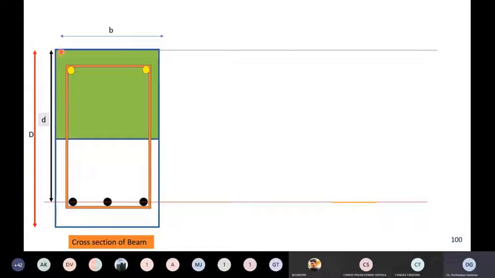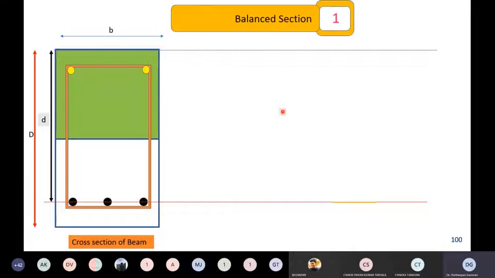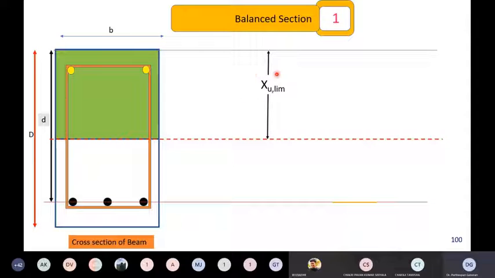So remember, this is the rectangular cross section of the beam, where this is the width of the beam, the capital D is the overall depth of the beam, small d is the effective depth of the beam, and these are the hanger bars or anchor bars. These are the links or stirrups. These are the main tensile steel. These black dots are main tensile steel, and this is the cross section of a beam. You know, for a balance section, the corresponding neutral axis depth is defined by Xu limit or Xu max. The critical depth of neutral axis is called Xu limit or Xu max.